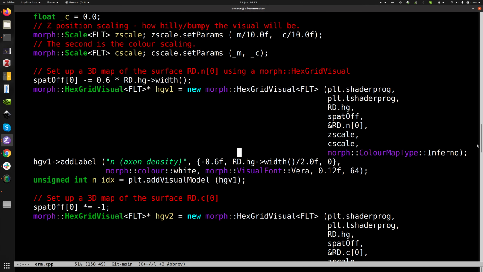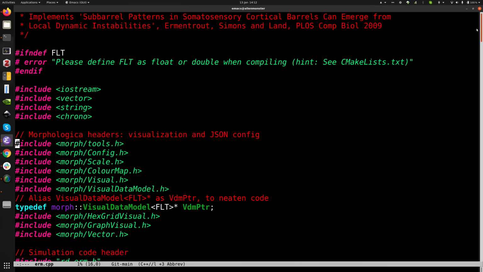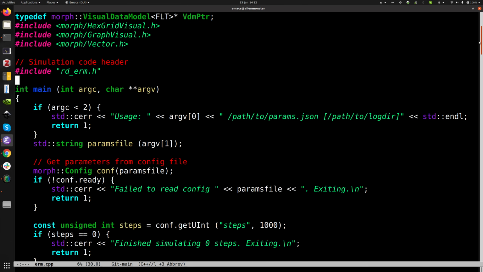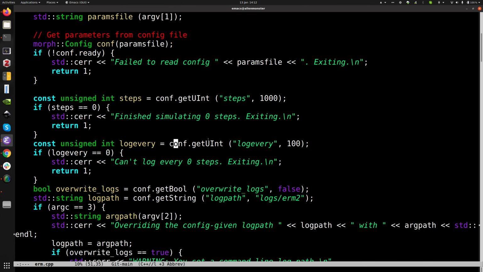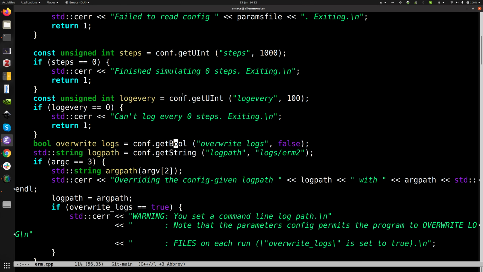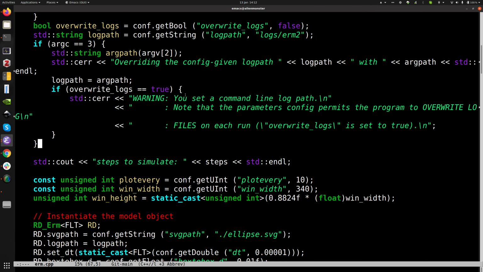Okay, so what we've got here is, let's skip the headers, let's start at main. I'm going to skip over the stuff about the configuration. So this starts off taking a command line argument, which is just the parameters file, so it's a JSON file. I then create a configuration object, a morph config object, and I get a bunch of parameters out of that. So I'll just skip over that code because it's not directly relevant to the